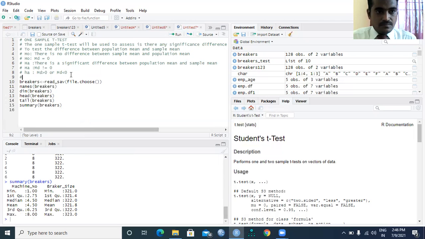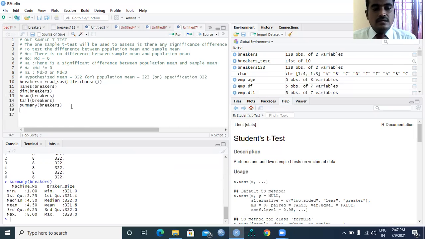When it comes to my hypothesized mean, it should be equal to 322, or my specification, the population mean equal to 322. In summary, we have calculated this.